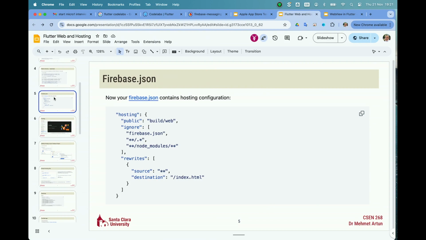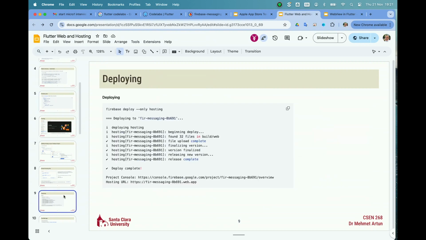And of course, everything like node modules, all this information has been ignored, right? Because it only deployed 32 files, whereas the node modules themselves would be thousands of files. So all of that was ignored. The ignore message: if you have any keys or secrets, etc., that you don't want to deploy, you can add them into that ignore